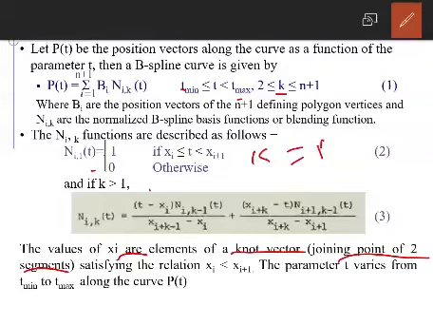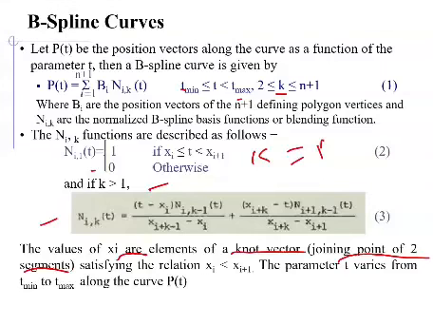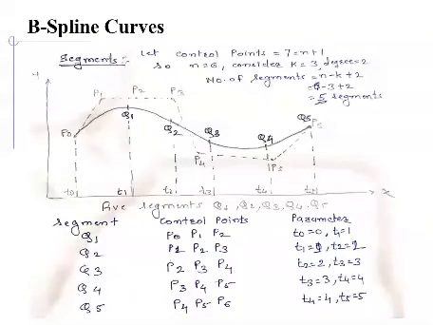And for the other cases, where k is greater than 1, we need to calculate Nik(t) with this function, where xi and the value of t are required. Now what is this xi? Now see here the segments. Before xi we see the segments. In this example, the same diagram that I have already drawn is here, as in the previous slide.